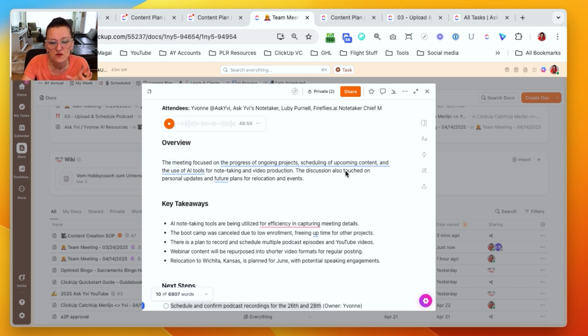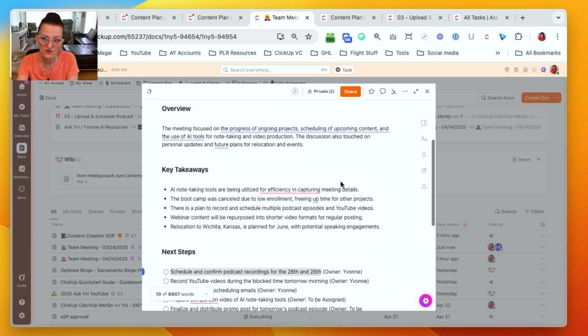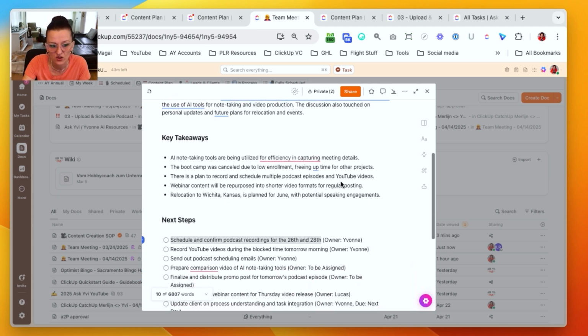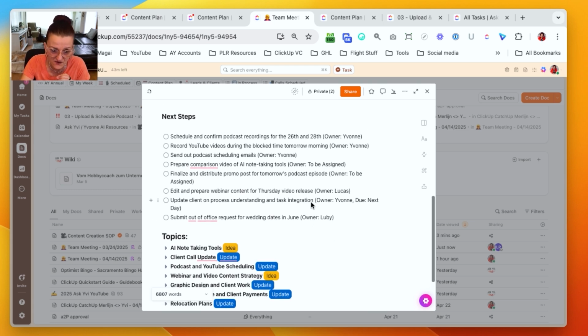When it comes to really action-based use of AI in your calls, I really love ClickUp AI Notetaker because, as you can see, it automatically gives us the next steps.